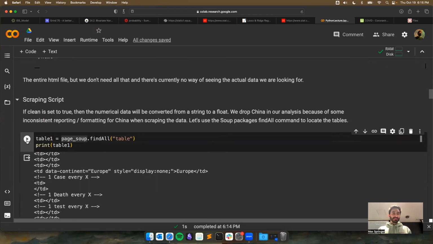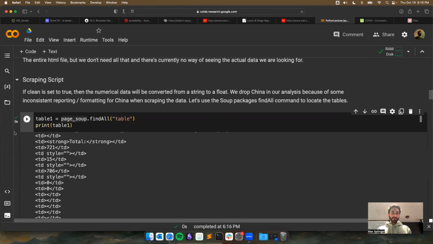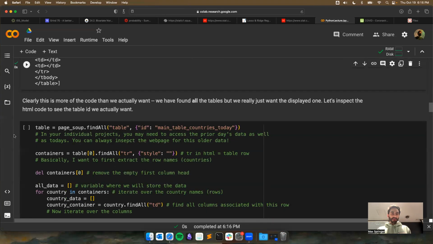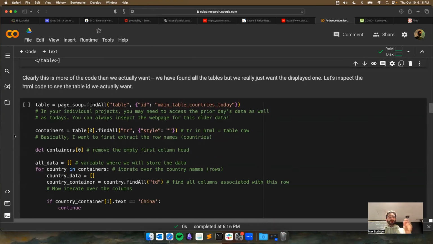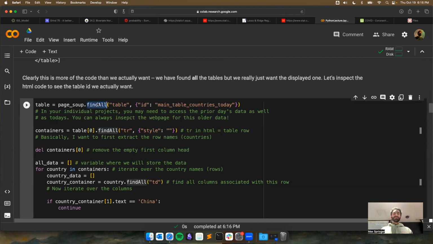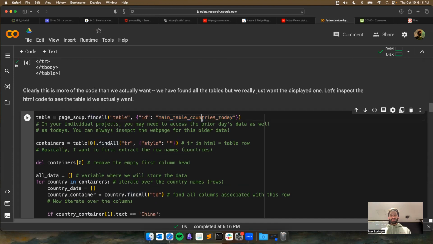Let me make sure I run this. So load that in. Now we want to further refine our search. The first time I called find all tables, I just said, give me any table, and that wasn't good enough. So now I need to feed in the actual name of the table I'm looking for. The table that we're actually looking for is called main tabled countries today. That's how whoever wrote this website